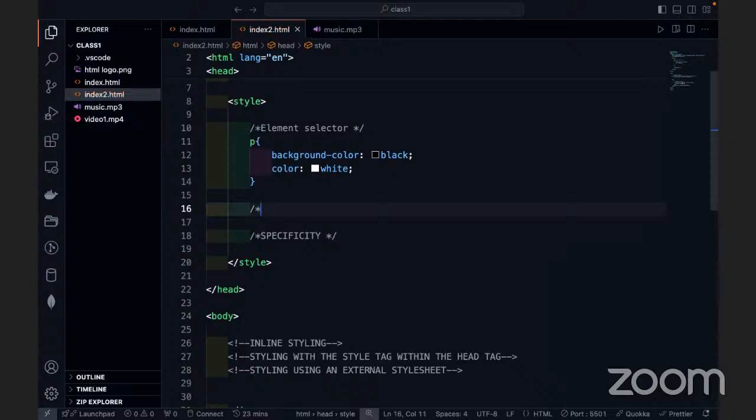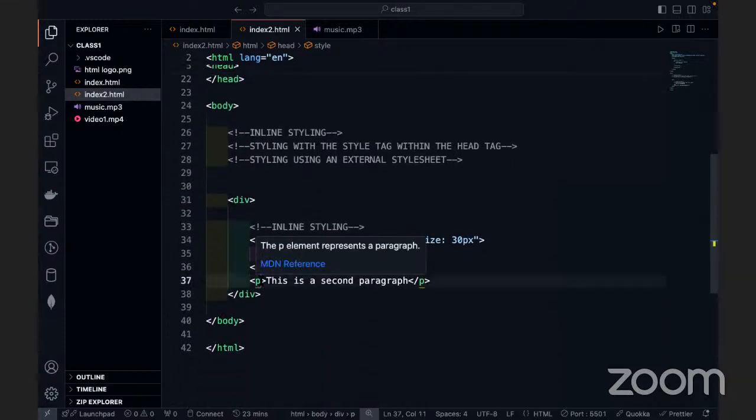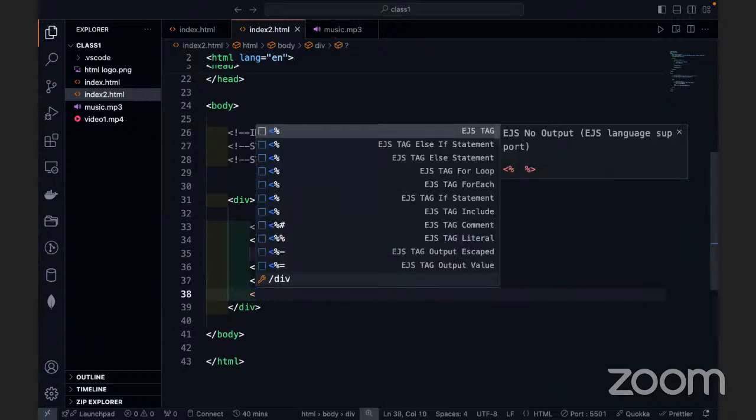So, asterisks, element styling, you can style. Okay, so let's talk about ID first. ID selector. So if we come here to this paragraph, or let's just make a new element to demonstrate the